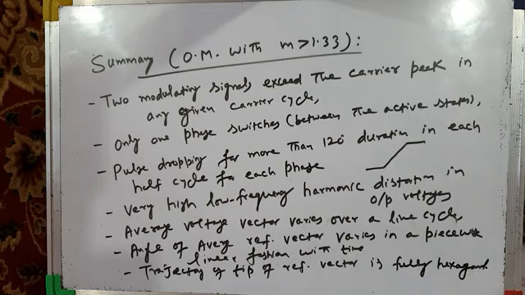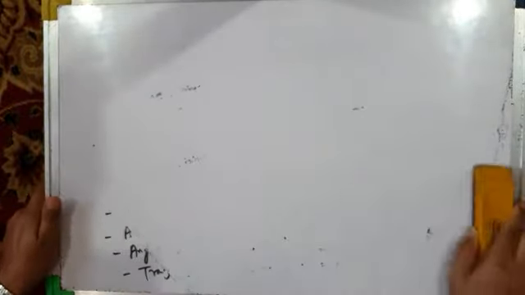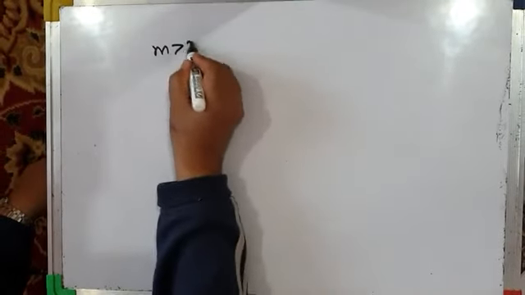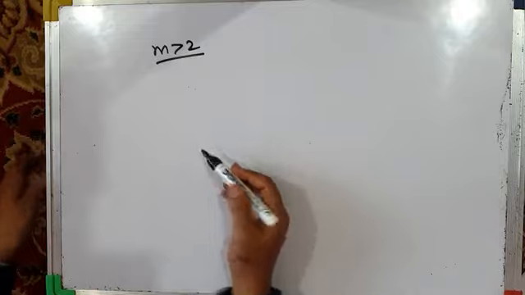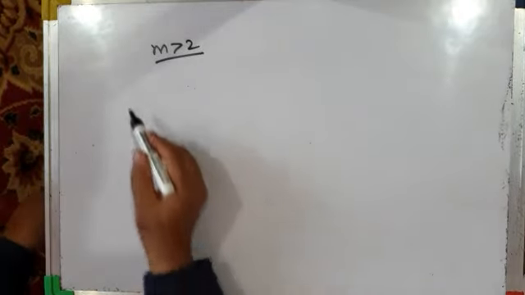Okay, so these are some of the observations we have made while discussing overmodulation in conventional space vector PWM based inverter for m greater than 1.33. Okay, and if you want to degenerate your inverter into 6-step or square wave mode of operation, then take m greater than 2. If you take m greater than 2, your inverter will degenerate into square wave mode of operation,